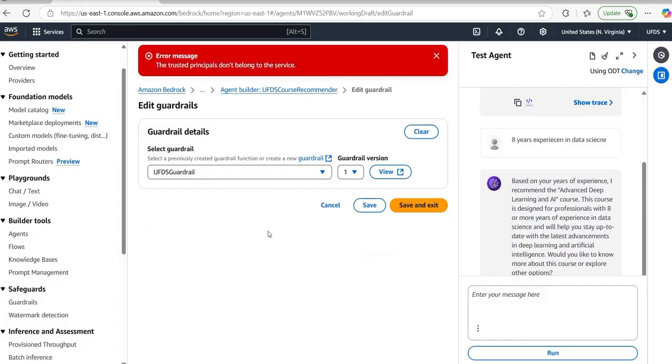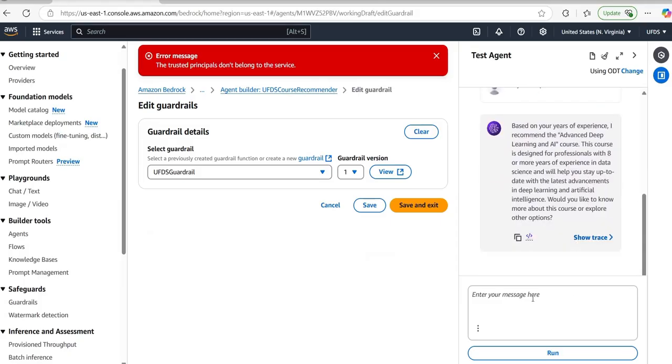But this is not a big deal actually, because you know what a guardrail will do if it gets attached to this agent. The only thing is some access related issue is coming, due to which the guardrail is not getting added to this agent. Once it gets added, in this response, if you ask who is Donald Trump, it will say I can't answer you. If you ask about any sensitive information, it will mask it, and things like that will keep happening. So I will fix this and I'll update you on this. And additionally, I will create a couple